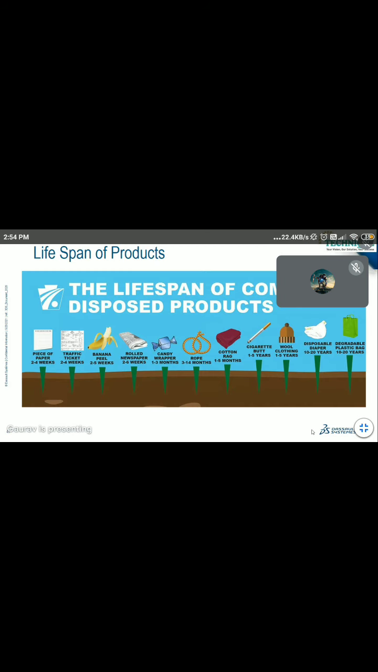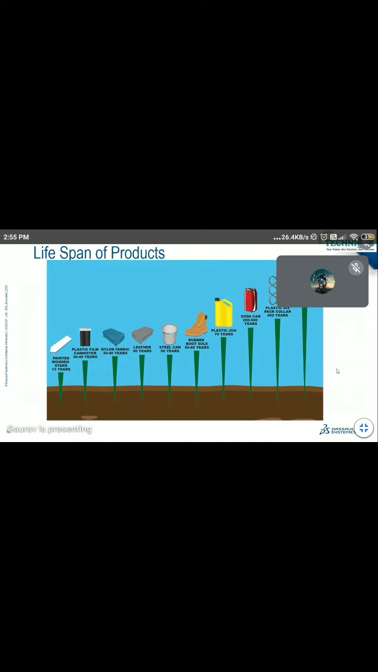Now, going ahead, lifespan of products. So this is a very interesting picture which showcases what is the life of any product, from a piece of paper to degradable plastic bags, which have a life of about 10 to 20 years. Now, why am I talking about this, right? Because to predict the life of any product, we perform certain analysis, right? So we will perform fatigue analysis on this and check what is the life of the product or how many years it could withstand,